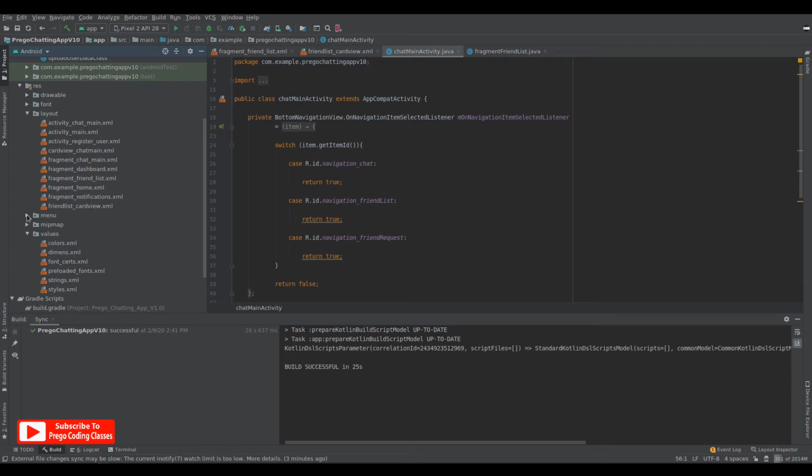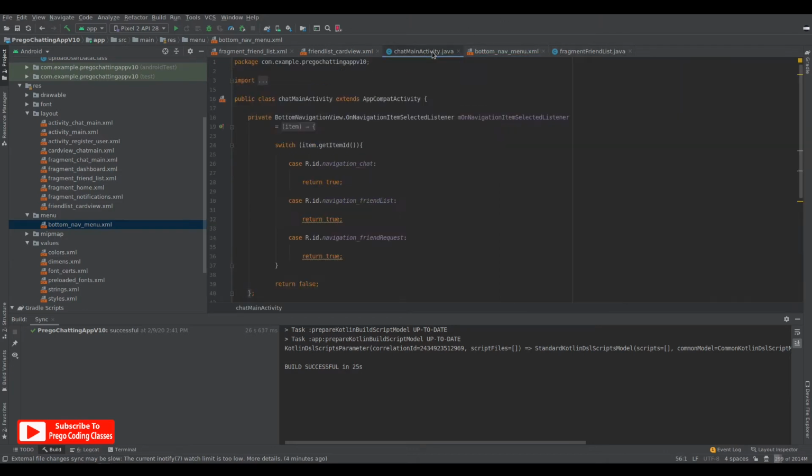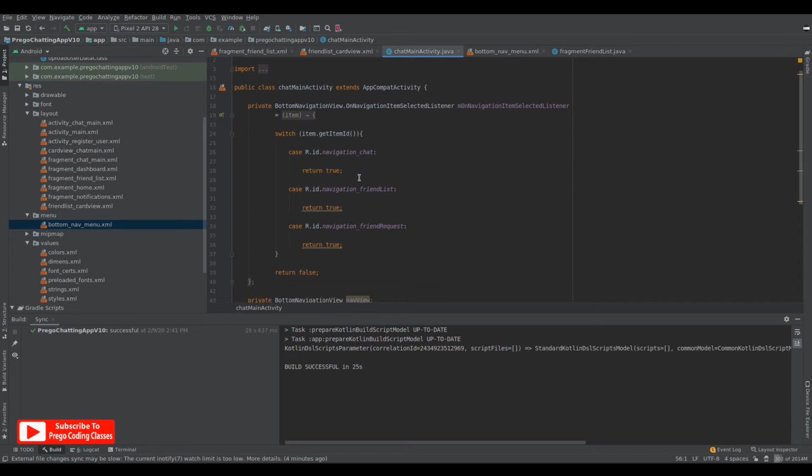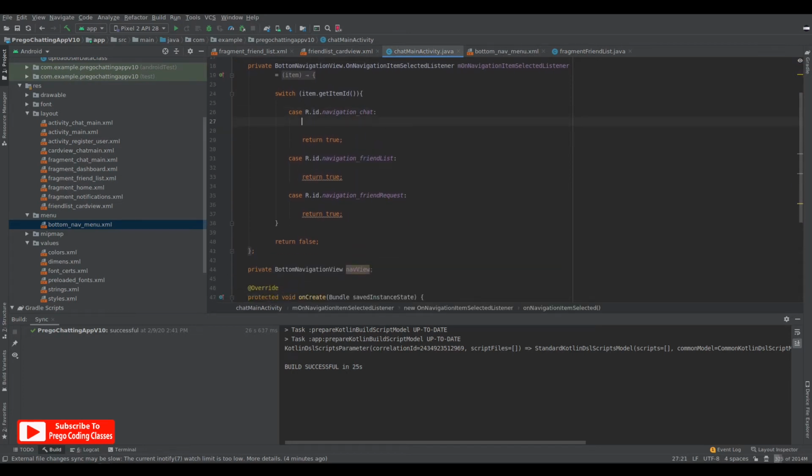So if we open menu, then bottom nav menu, these are the IDs that are listed under the bottom navigation view. So over here what we can do is open the chat main fragment, and under the friend list we can open the chat friend list fragment, like that.